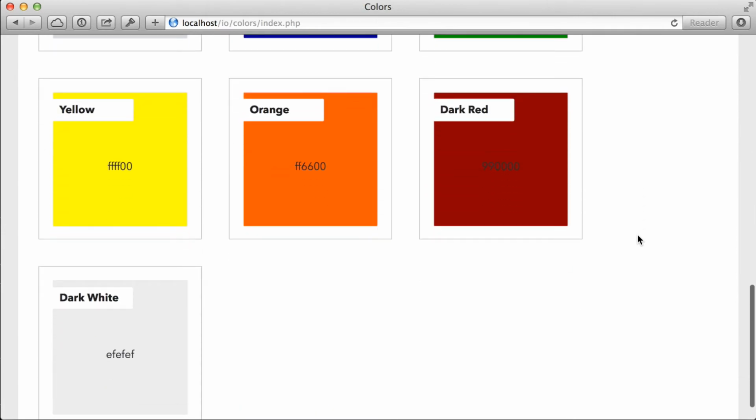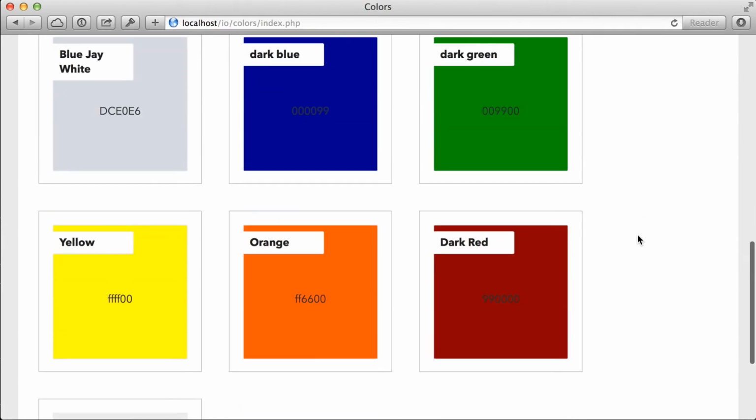Do we want to display them as upper or as lower? Right now, you see I have a mix. Blue Jay White, for example, the alphabetic components of that hexadecimal code are uppercase, whereas down here with yellow and orange, I have the alphabetic components as lowercase. It might be nice to standardize and have it be one way or the other.